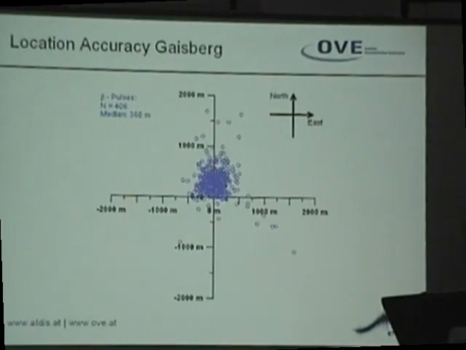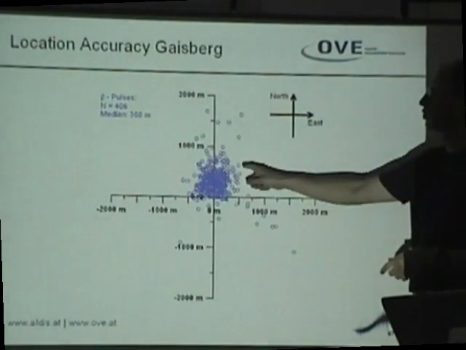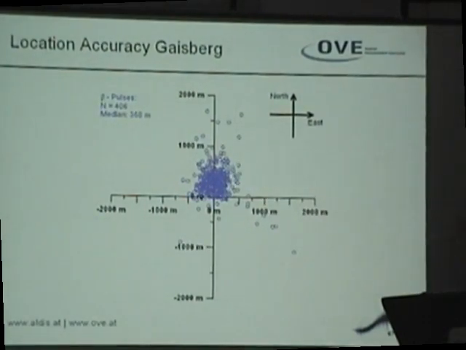But this was data from 2000 to 2005. And we are now using a new location algorithm from Vaisala, and we checked the accuracy with the new location algorithm. And for the beta strokes, we are down to about 200 meter accuracy. So that's why I think that,